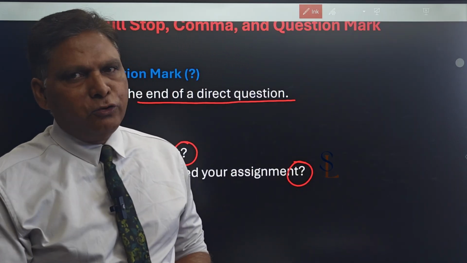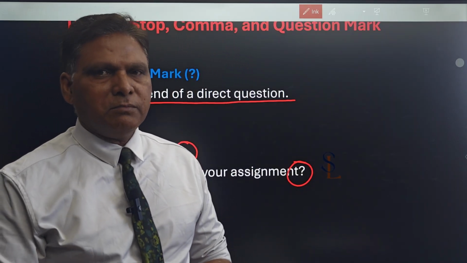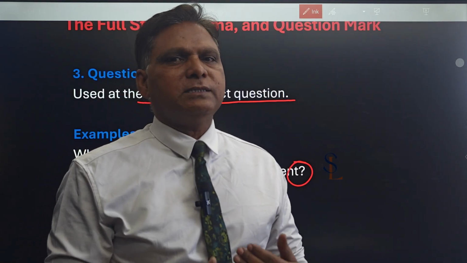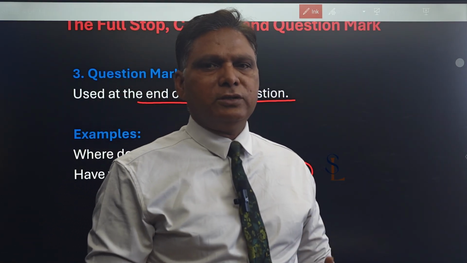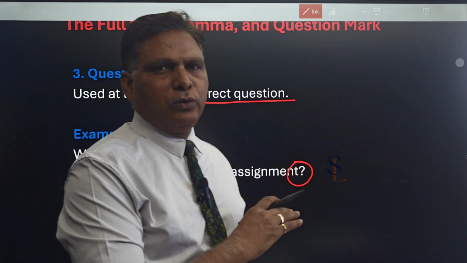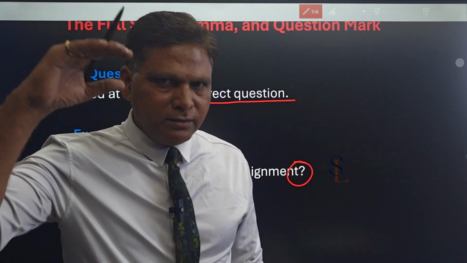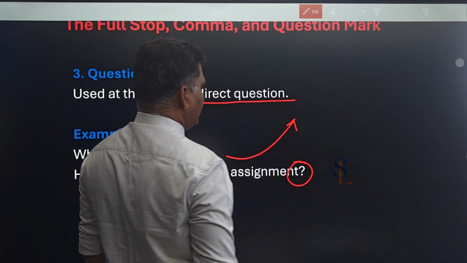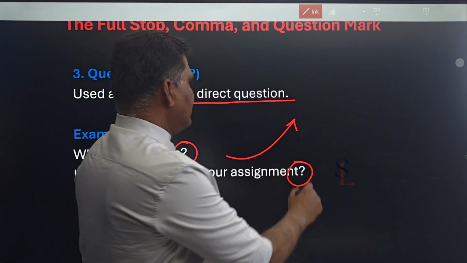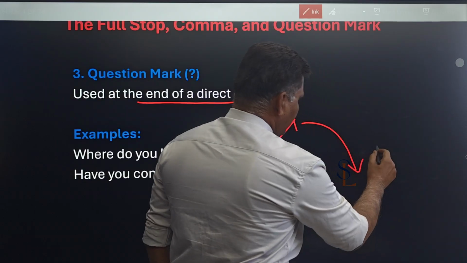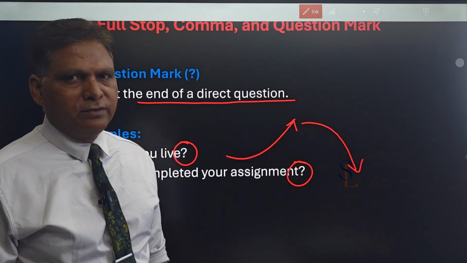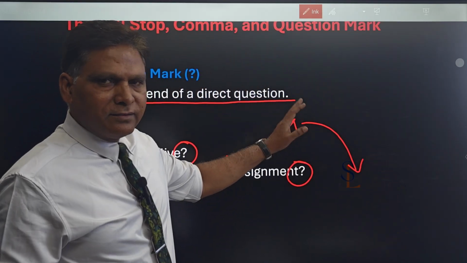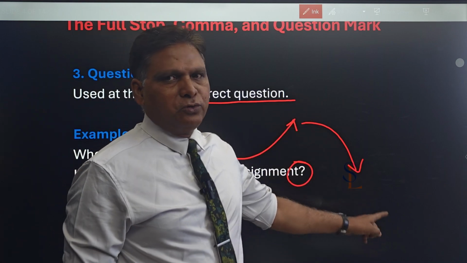When you are writing, you put a mark of interrogation, but when you are speaking, it should be expressed through your intonation. Where are you going? It should be going up. That is called rising tone. Answer should be falling tone. I am going to a movie. Where are you going? Rising tone. I am going to a movie.